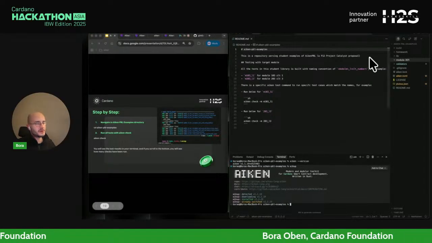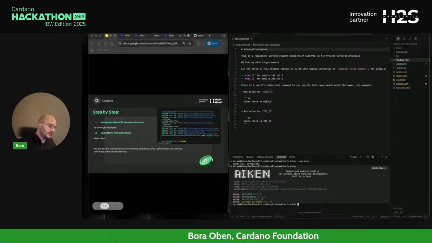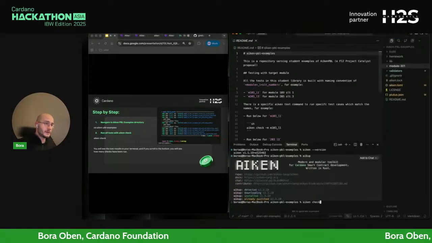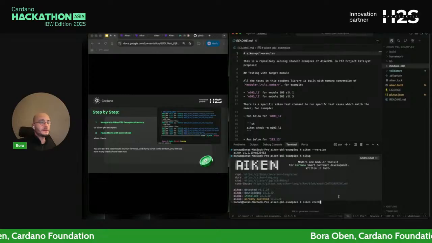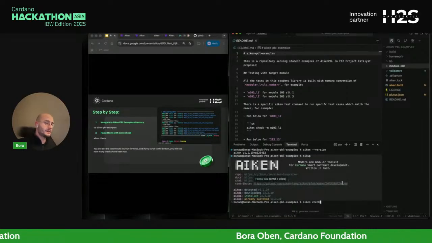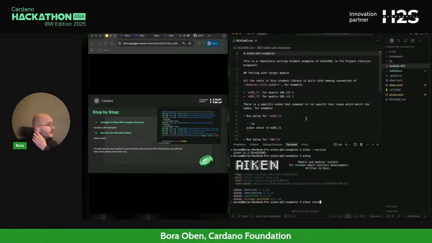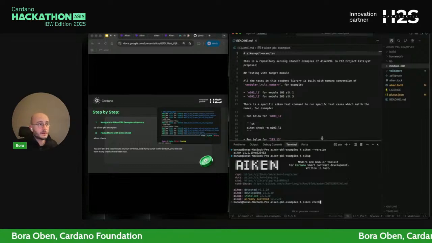So in this repository, if you write aiken check in your terminal, it will run all the tests in the repository and provide you with a nice report.